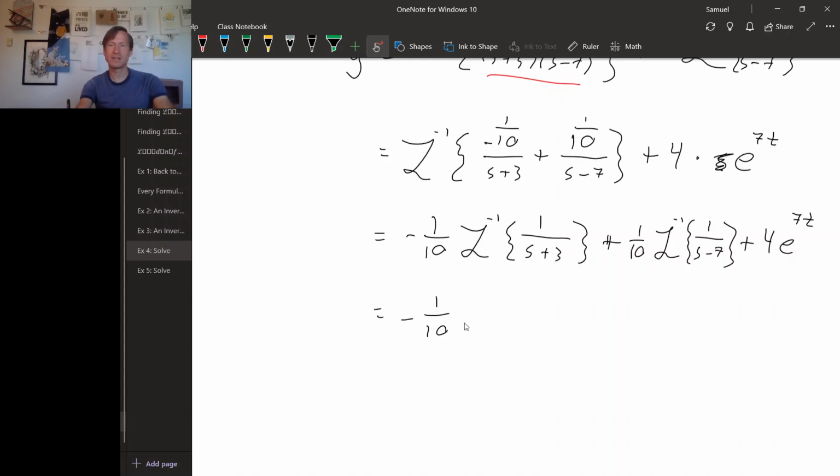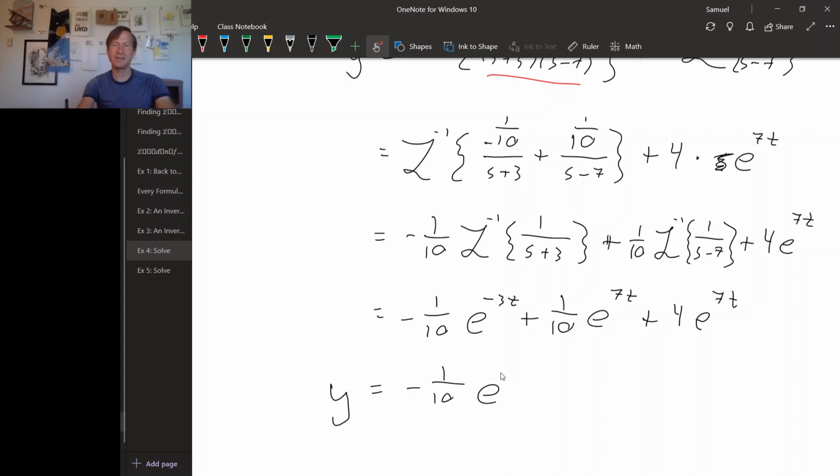The inverse transform of 1 over s plus 3 is e to the minus 3t, plus 1 over 10 times the inverse transform of 1 over s minus 7 is e to the 7t, plus 4e to the 7t. And we might as well combine those last two terms. So our solution is minus 1 over 10 e to the minus 3t plus, looks like 41 tenths times e